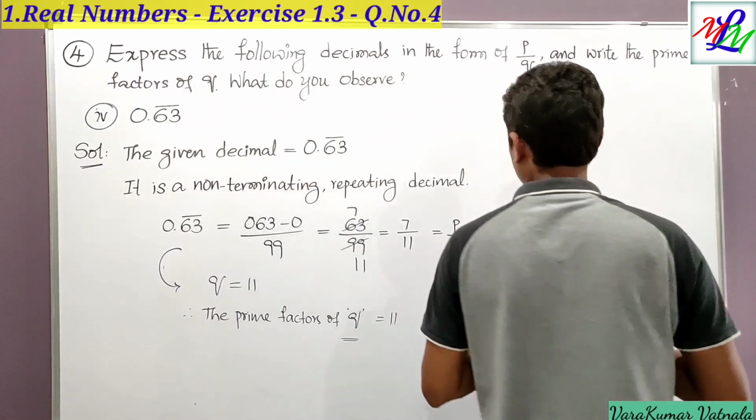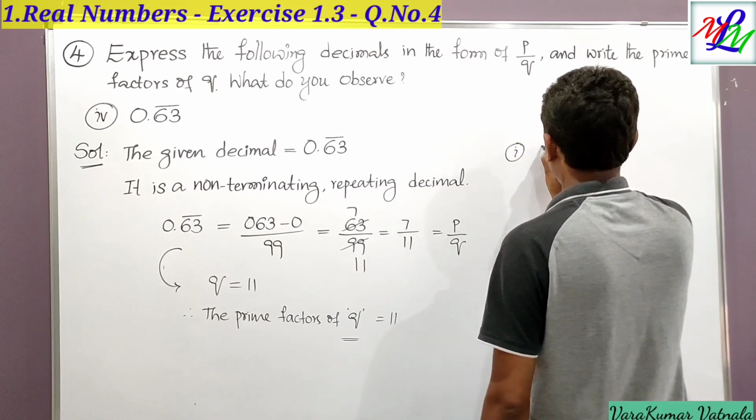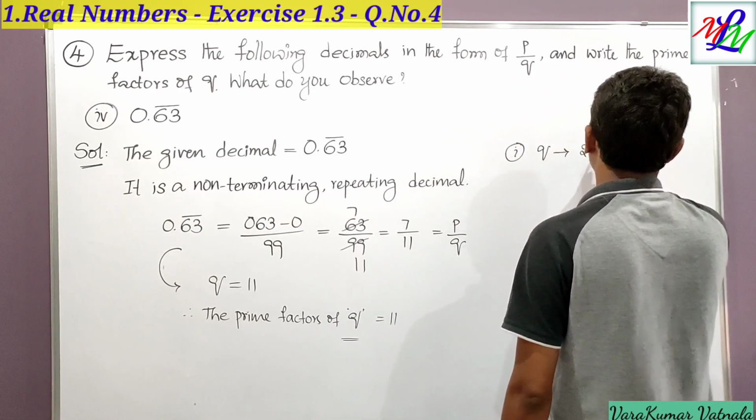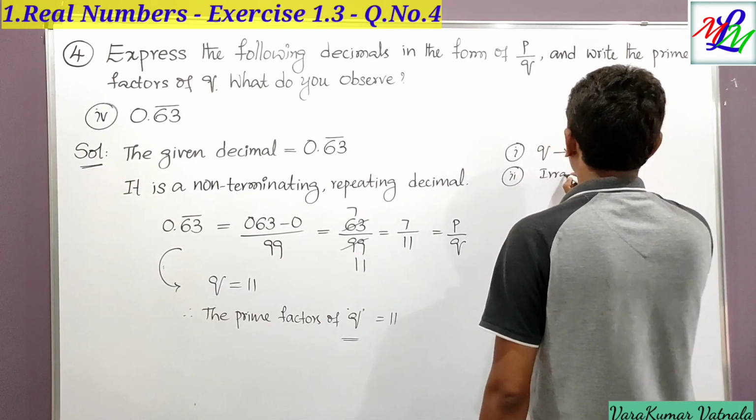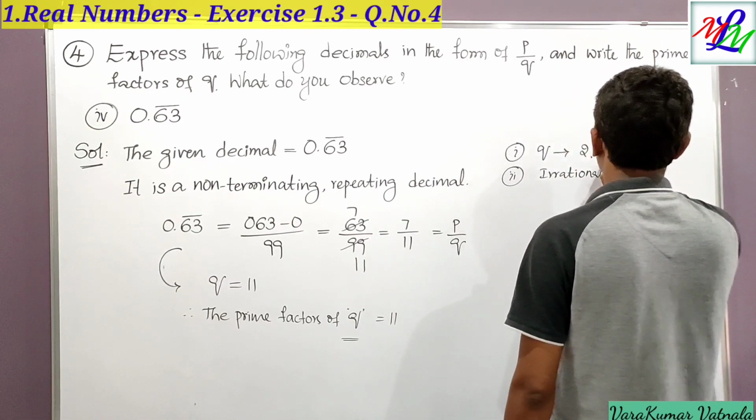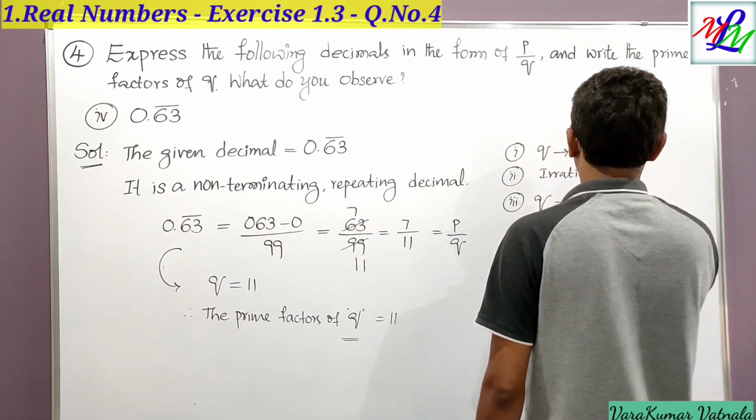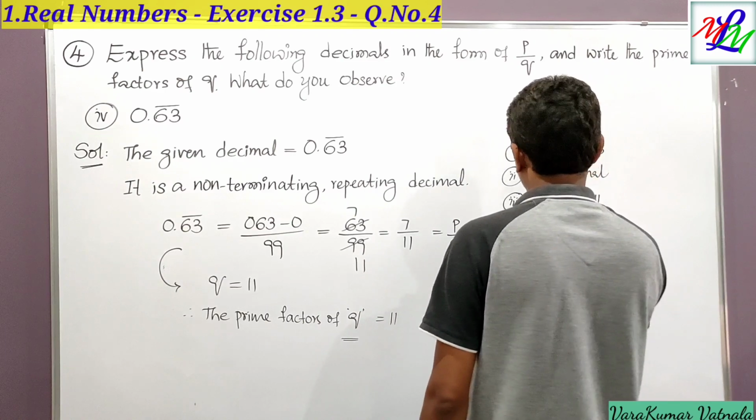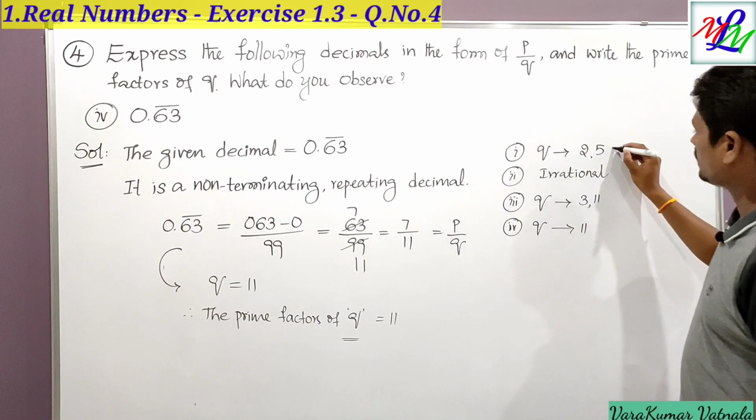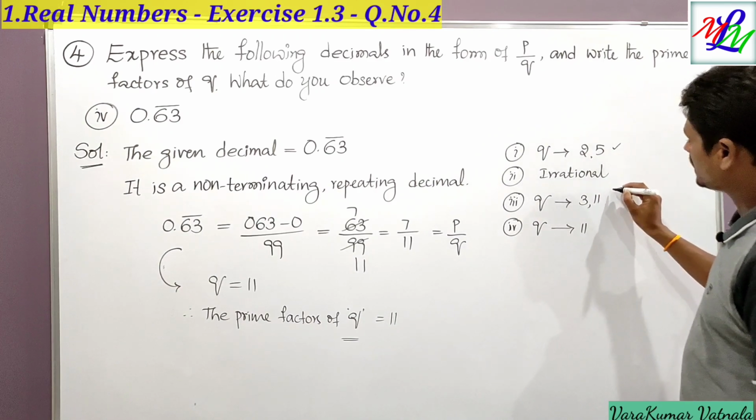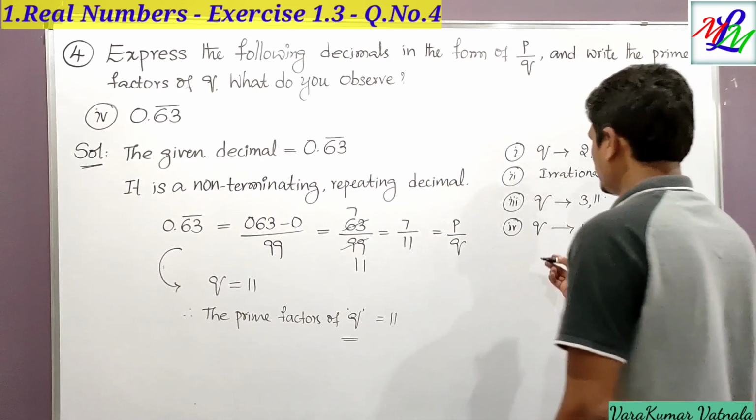We have observed that in the first bit, 43.123, the prime factors of q are 2 and 5, and in the second bit it is an irrational number, so we cannot convert it into p by q form. But in the third bit the prime factors of q are 3 and 11, and in the fourth bit the prime factor of q is only 11. The first is terminating, the second is irrational, and the others are non-terminating. Therefore we have observed that